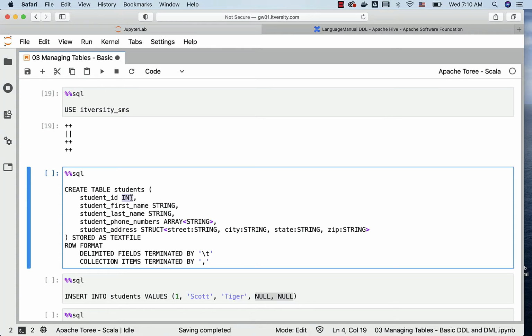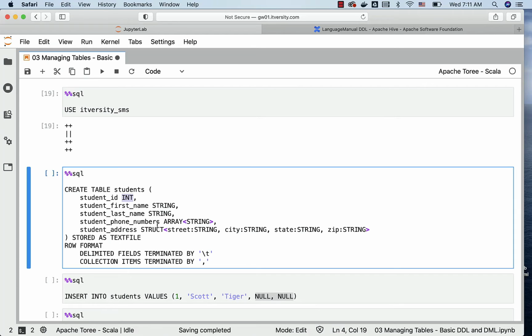Student ID is an integer and hence I'm using int here. If you have too many students or if the student ID starts with 6 digits or 7 digits and you want to come up with a bigger integer compared to a typical integer, then you can leverage bigint and specify the data type as bigint here. When it comes to first name and last name, they are of type string and hence I'm specifying them as string. If you are inheriting this table from traditional RDBMSs and they have varchar, you can specify varchar with the precision or scale here. I always confuse scale and precision. You can specify how many characters at max can go into these fields using varchar in round brackets.